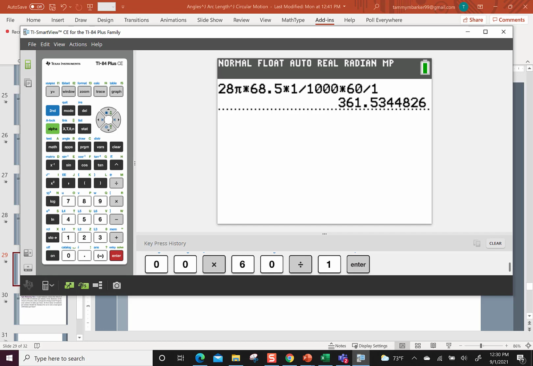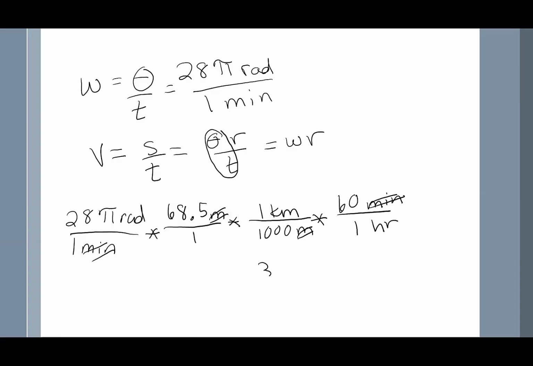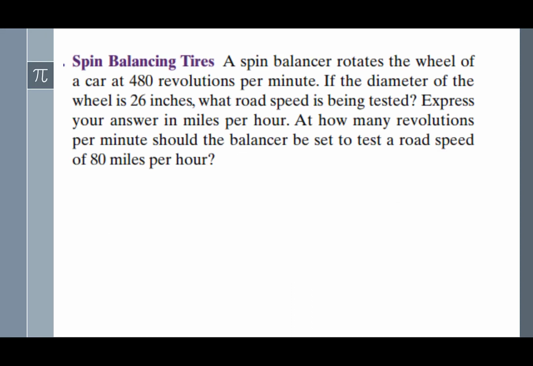It didn't say specifically in the textbook, which is where I took this problem, but it will say specifically in the homework how many decimal places to give. So I'm going to do 2. So we had 361.53 kilometers per hour. Next one says a spin balancer rotates the wheel of a car at 480 revolutions per minute